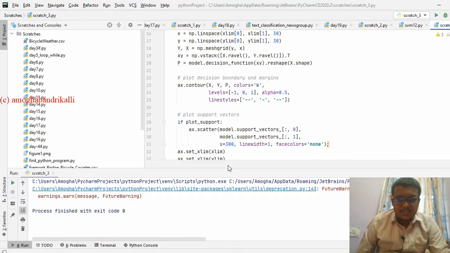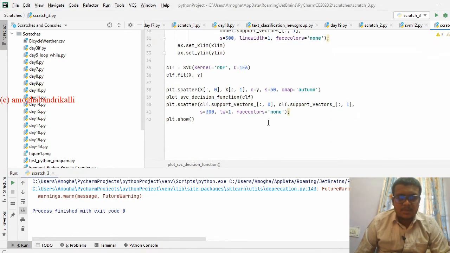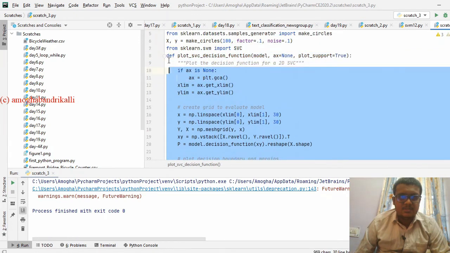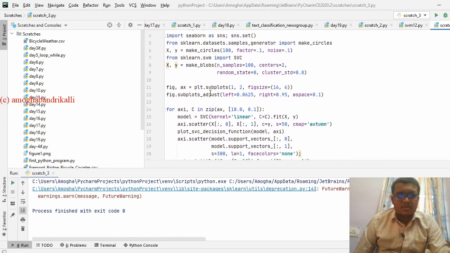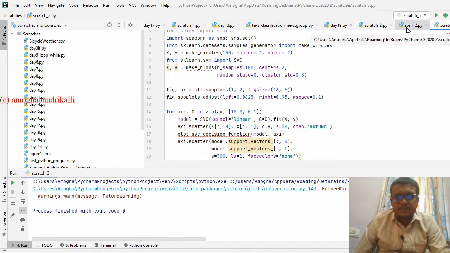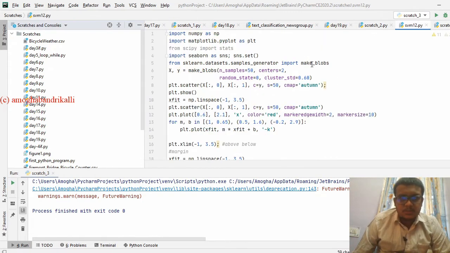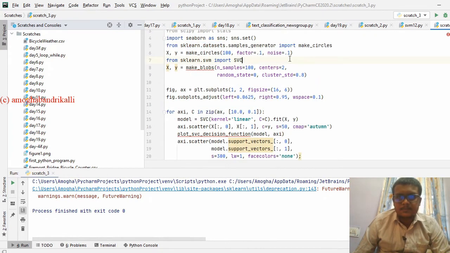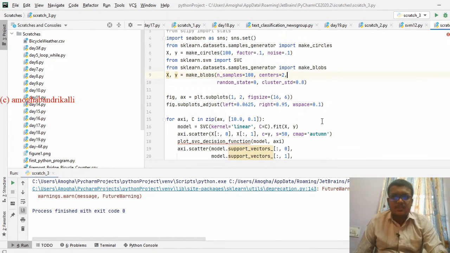We can go on seeing how exactly the respective things are going to change. Make blobs. Okay, we can execute this.